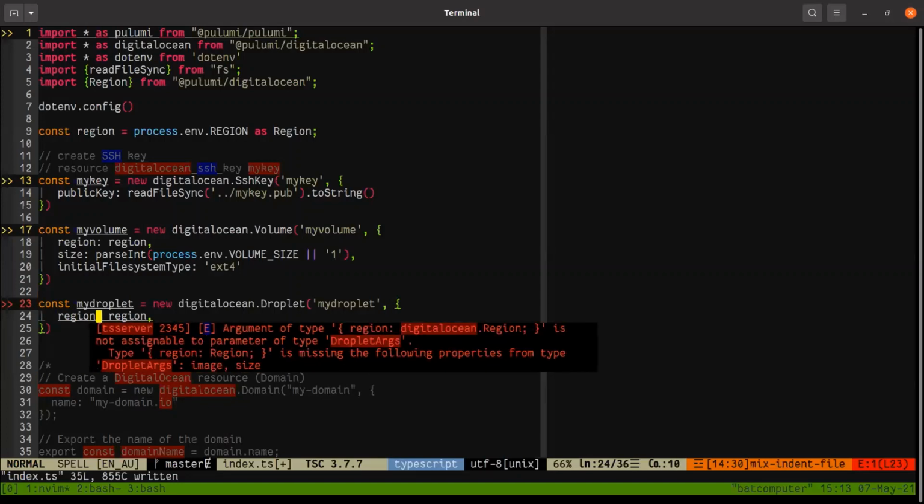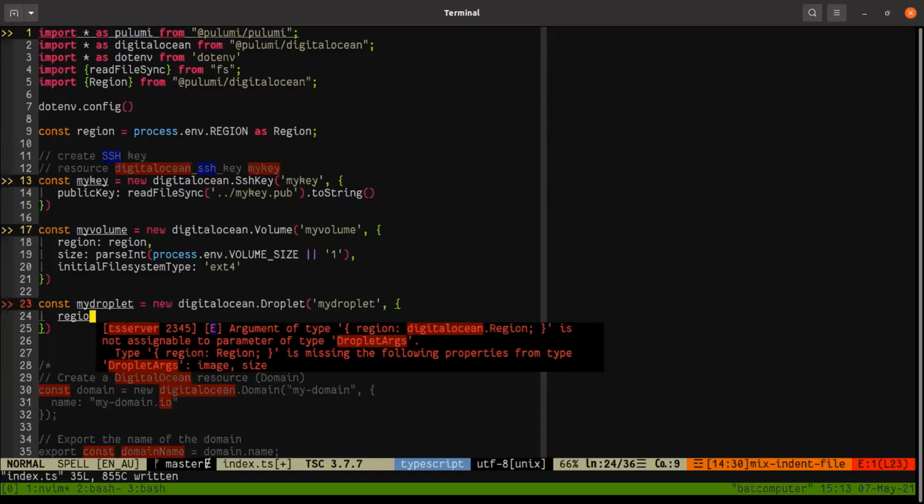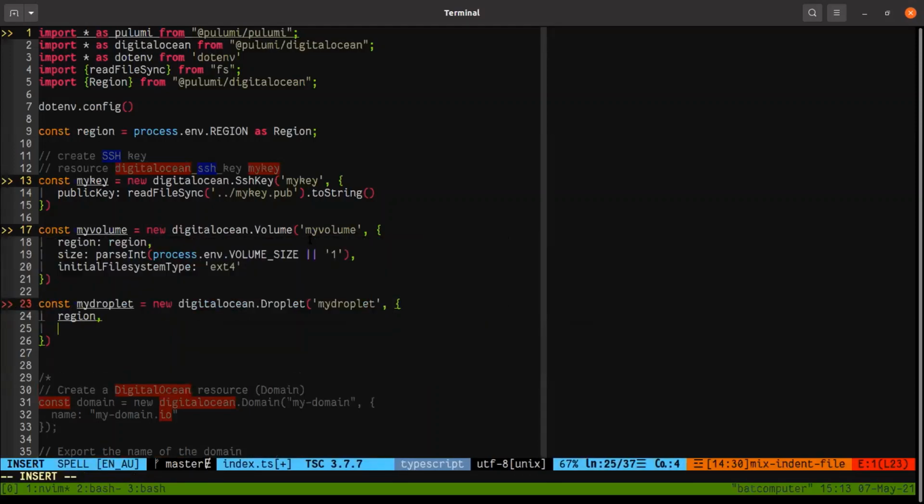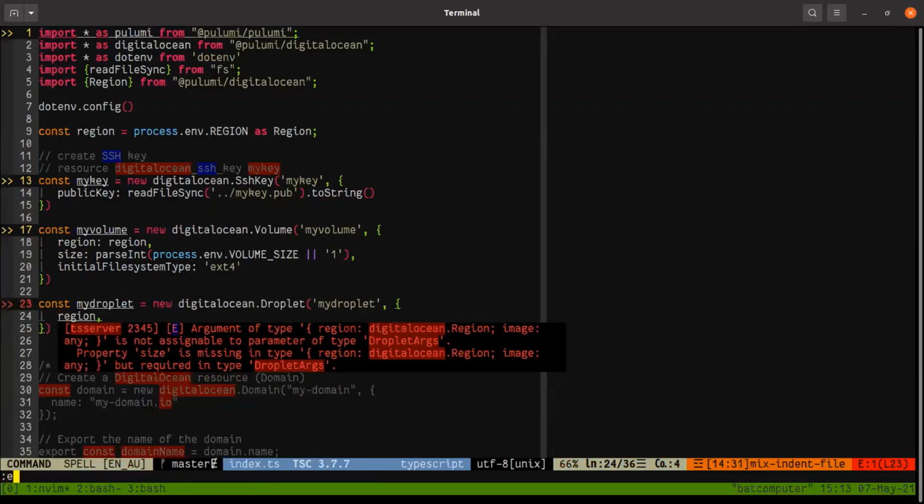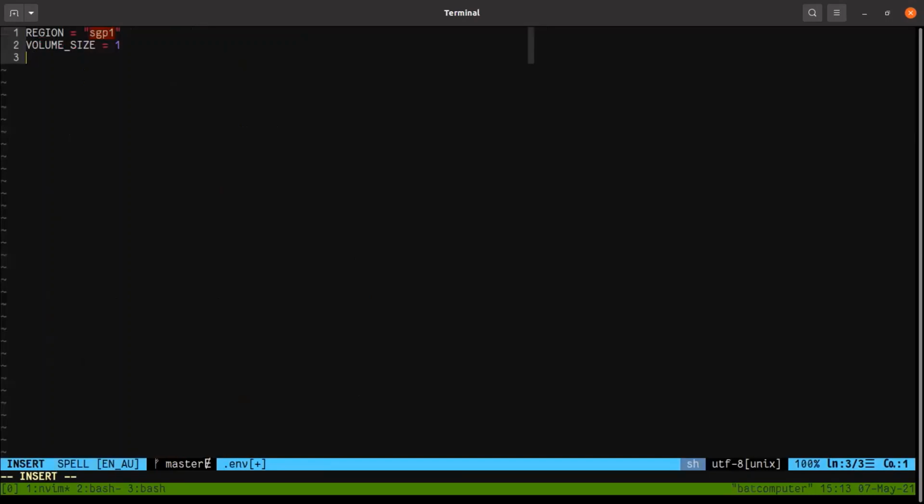In TypeScript, if the name of the variable and the key is the same, you can just do this. Okay. So that should be okay. And then I'll say image. Okay. So let's go and do the same thing for that, the image. So I say droplet image equals to Ubuntu 20.04.x64. Okay, and then the droplet size